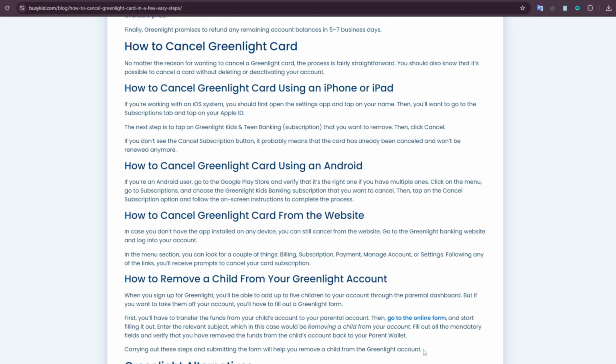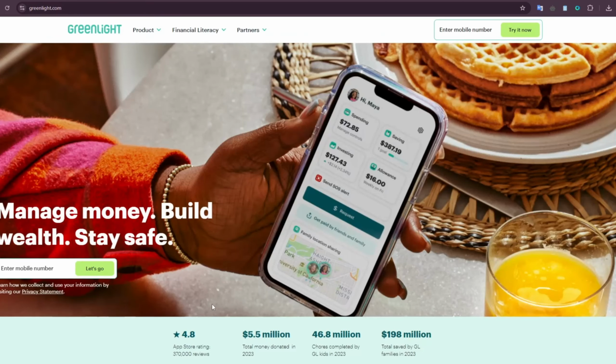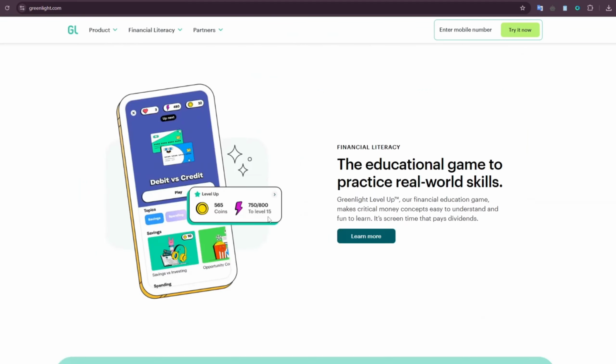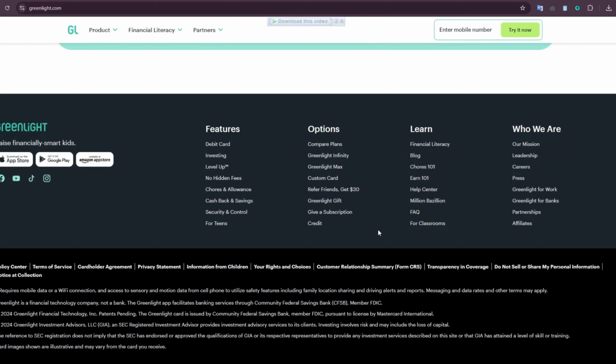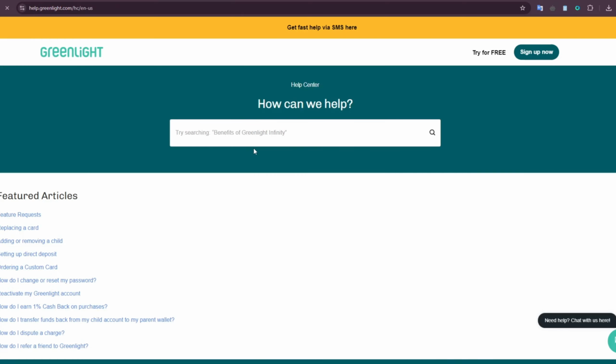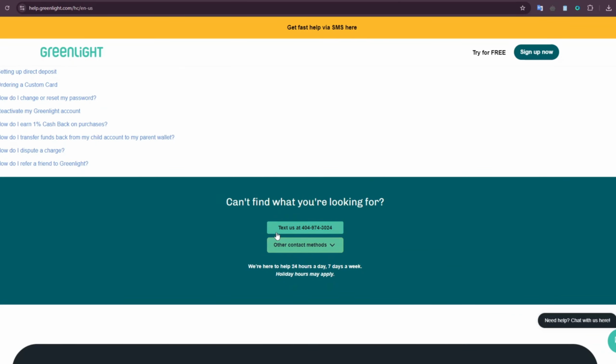Now, you also can contact their customer support through the phone or live chat. For this, you have to find out the help center at the learn section. Now click on this. After redirecting you to this link, you will land on this page, and here you can